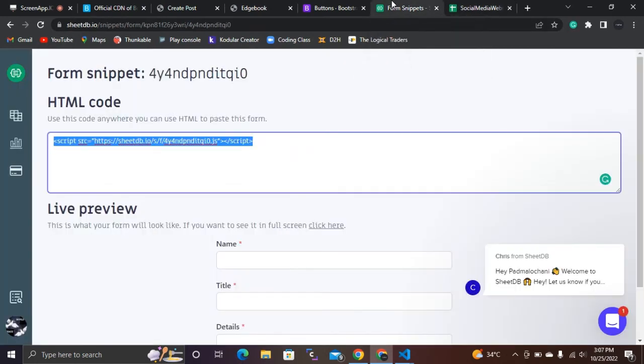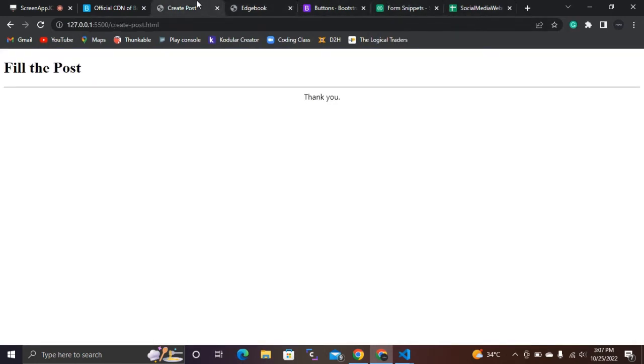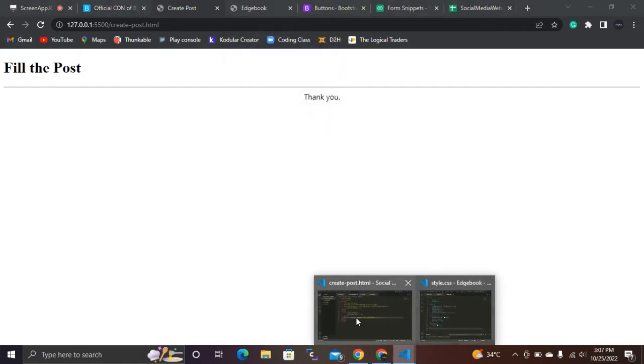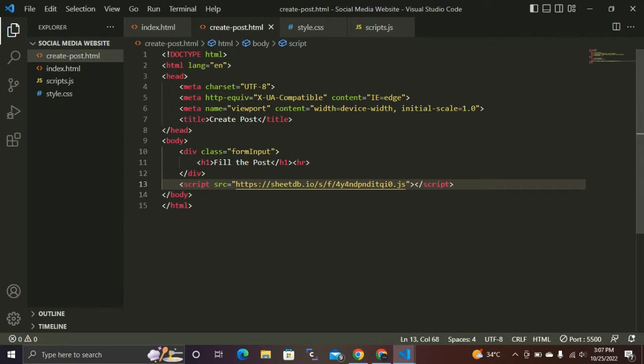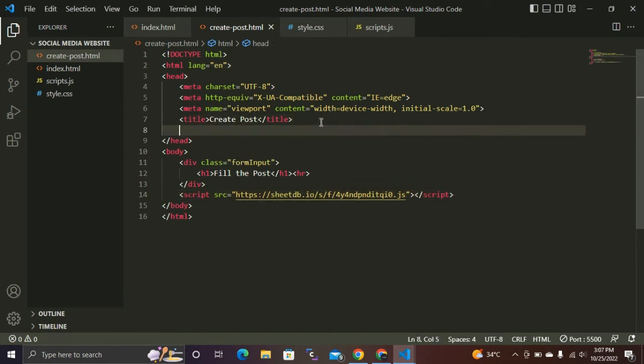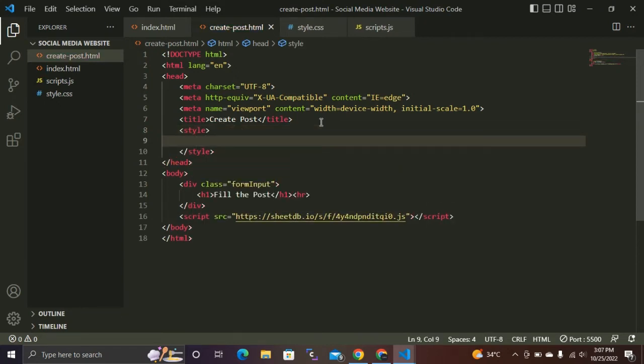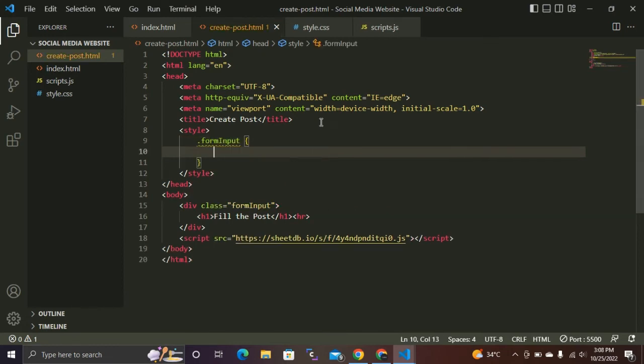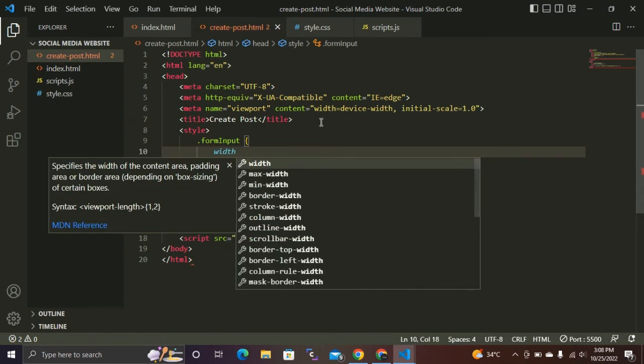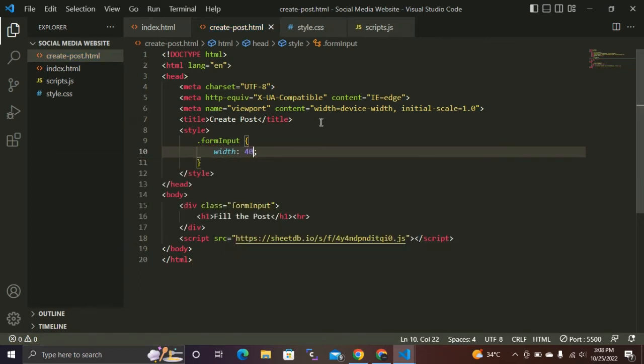Now we're going to style it with the CSS and the other HTML forms, according to our convenience. So now we're going to go to this social media website folder. Here the form input is there, right? So after the title tag I'm going to create one style tag. Here I'm going to call this the dot form-input class, and I'm going to set the width as 40vh